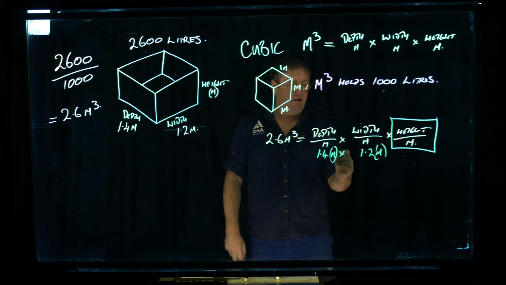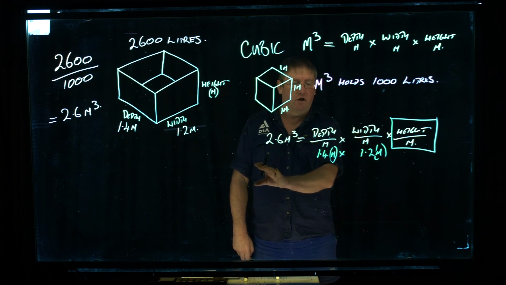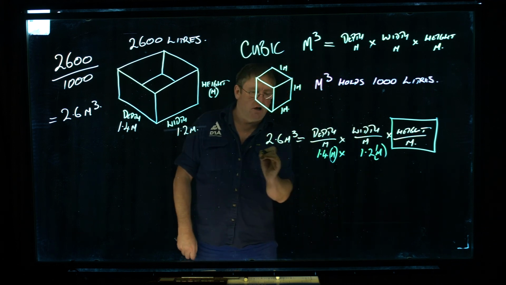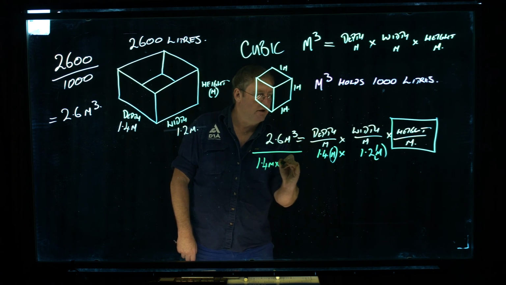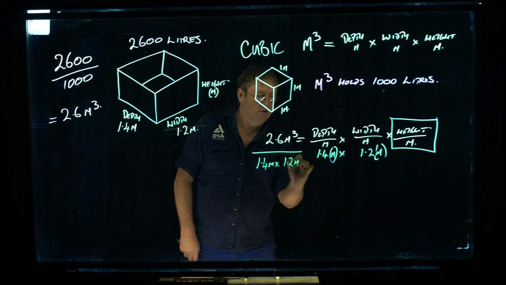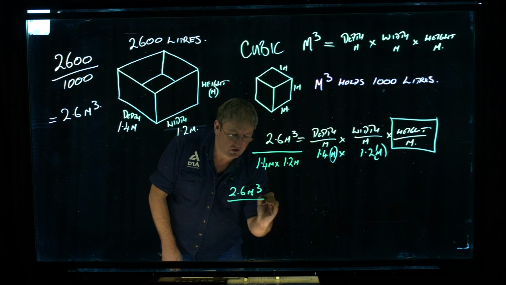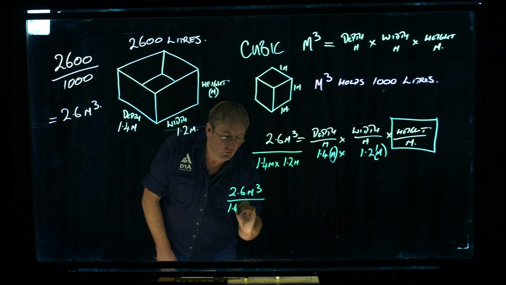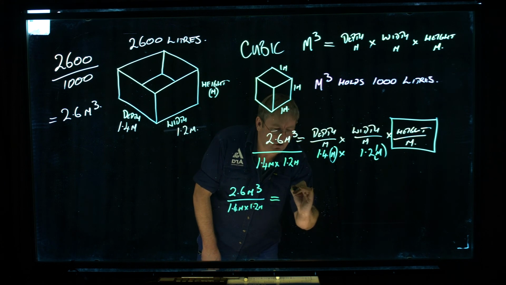So these figures here are multiplying on this side. We've got the depth times the width. When we shift a multiplying factor to the other side of an equal sign, we divide by it. So over this side, we're going to have 1.4 metres times 1.2 metres. I'll write that out again. So we've got 2.6 metres cubed, divided by 1.4 times 1.2. On the other side of the equal sign, we have the height,